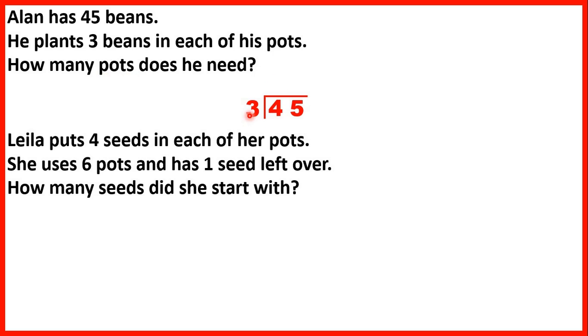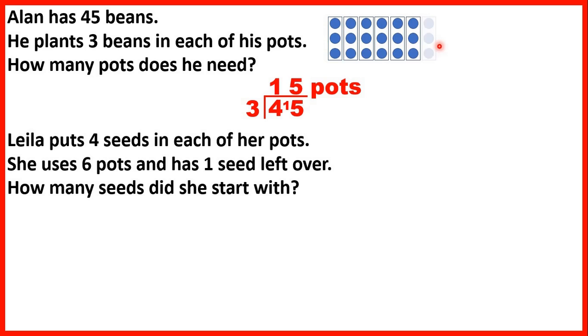So 4 divided by 3 is 1 remainder 1, and 15 divided by 3 is 5. So that means he needs 15 pots. He's planting 3 of his beans in each pot, so if we have that 15 times, that gives us 45